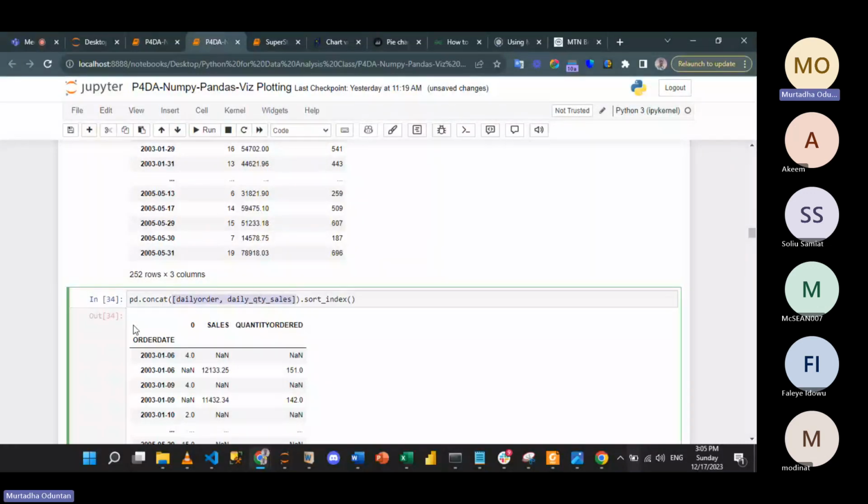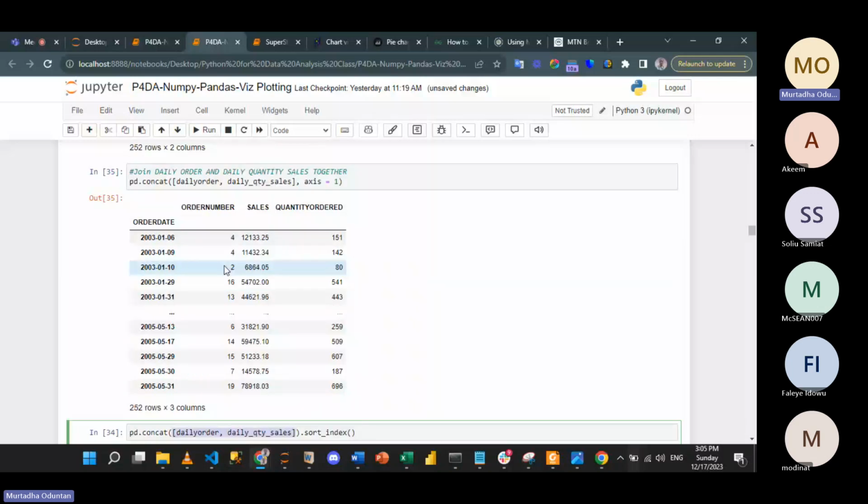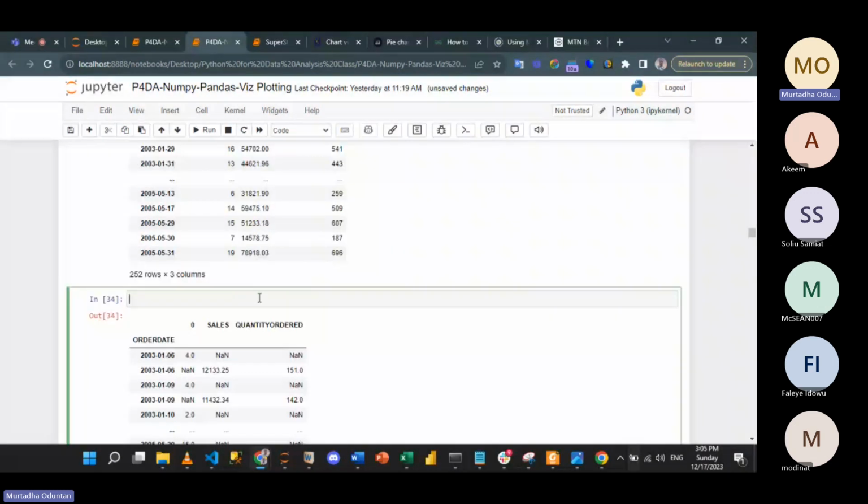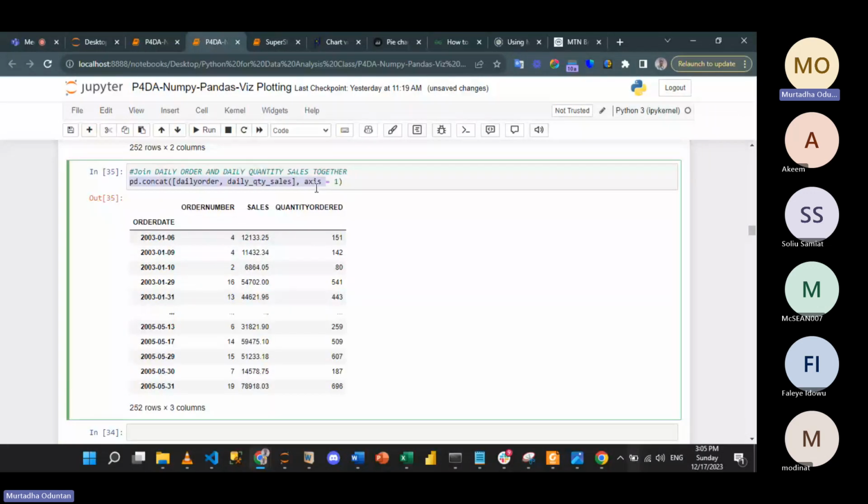Do we get it? So we can see now how we have the same record, all of them concatenated into one table, right? And we can easily use this in our analysis. So let me just show us some of the things we can do with this analysis that we have here. So let me call this, let's say, daily sales record, something like that. Daily underscore sales underscore record. So when we do this now,